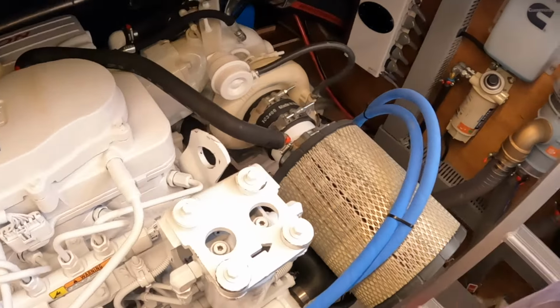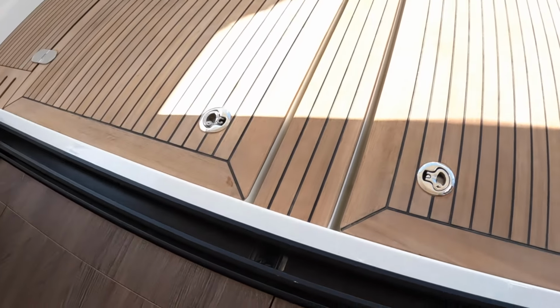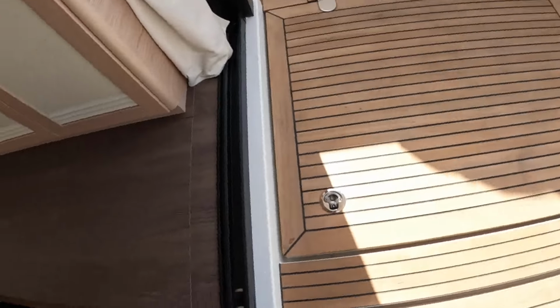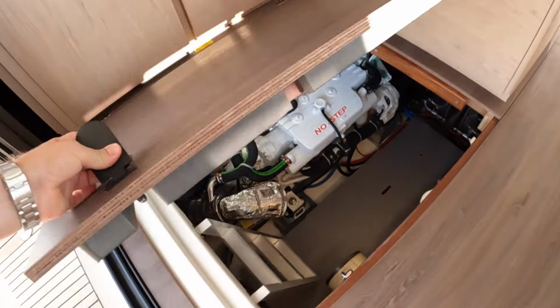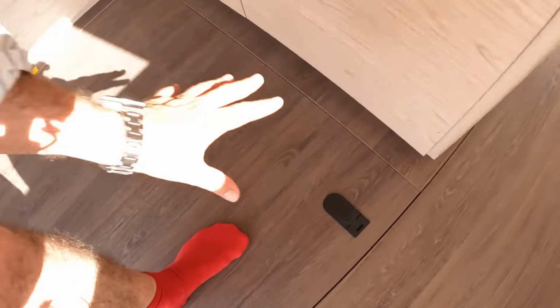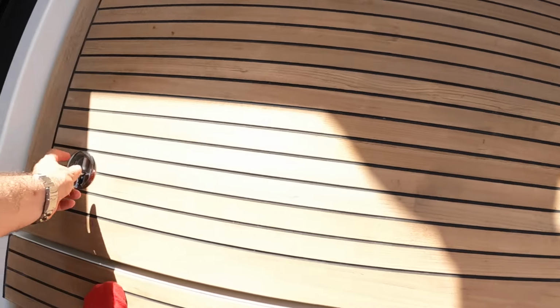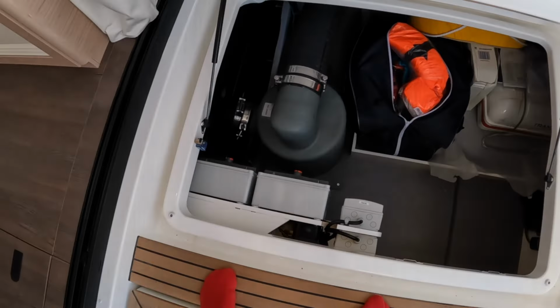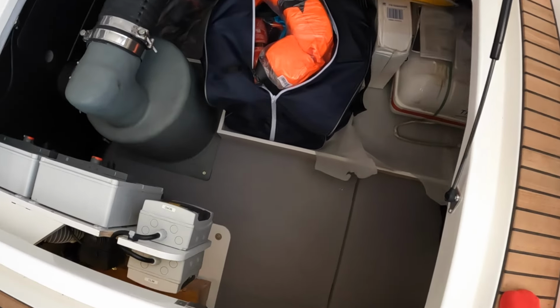The last thing then to show you is, if we come out of here and close that one down, because the engines are up here, we've got space down here. If we open this one, again, I know I keep harking on about it, but if you're spending a lot of time on the boat, you know, your whole summer, you go down to the boat in March, you don't come back till September, you want storage. There's a load more of it back here. So if we drop down here,